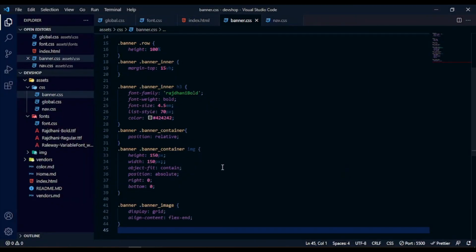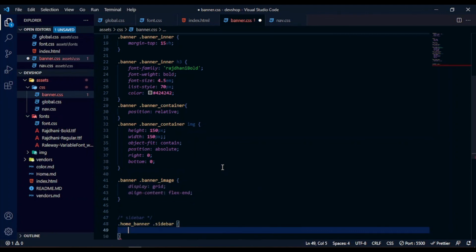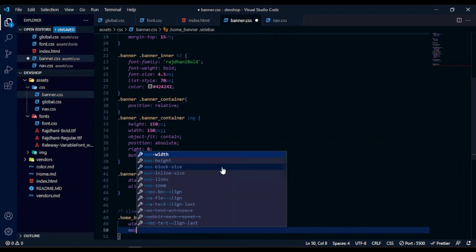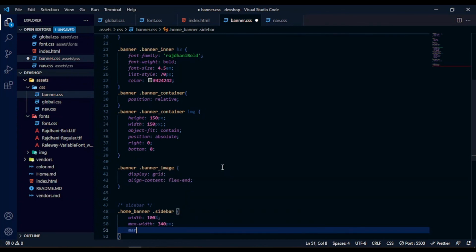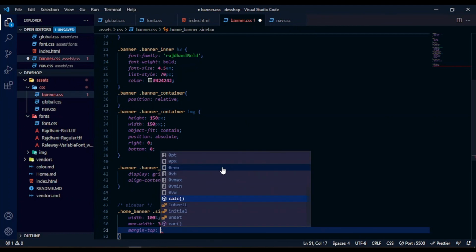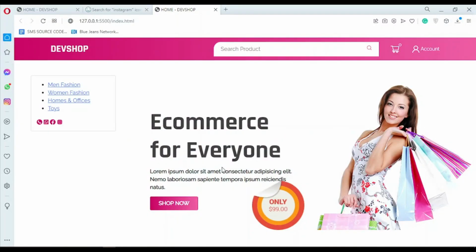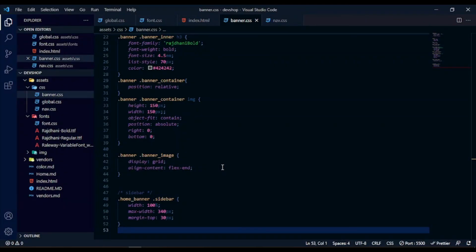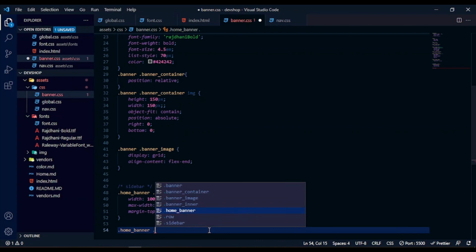So let's go for the sidebar. So I'm going to say home sidebar, width of 100%, max width 340 pixels, margin top 30 pixels. Then to target the banner inner, yeah, that is looking good. To target the banner inner, we're going to say on banner, the sidebar inner,